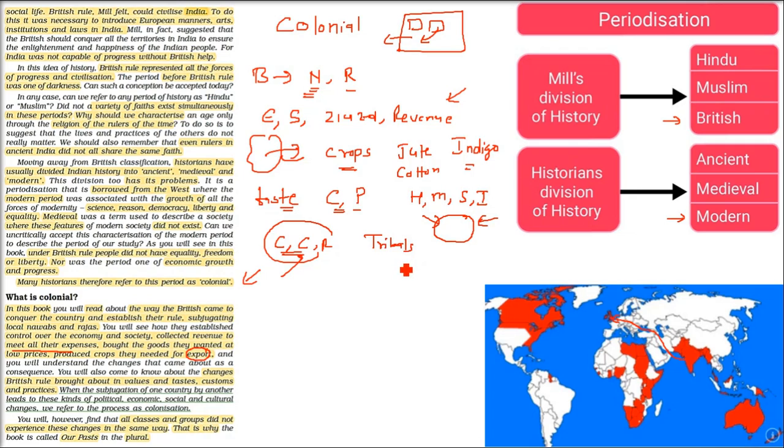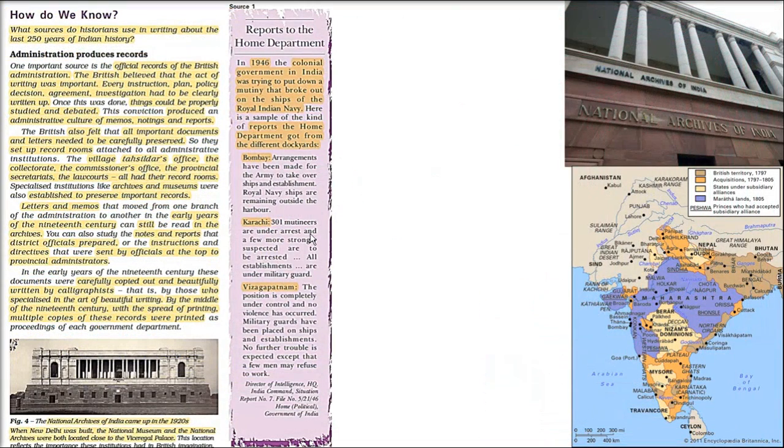But these tribals, for example, urban people, all these different classes and groups, have different experiences. I'm just saying they have different experiences of their changes. So this is our pasts, and this S is for plural because India is a wide country. Our subcontinent has all kinds of people and they experienced British rule differently. That is why our pasts.